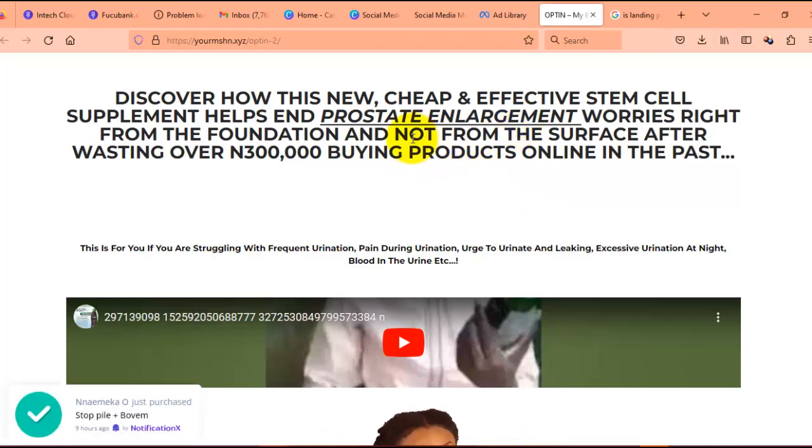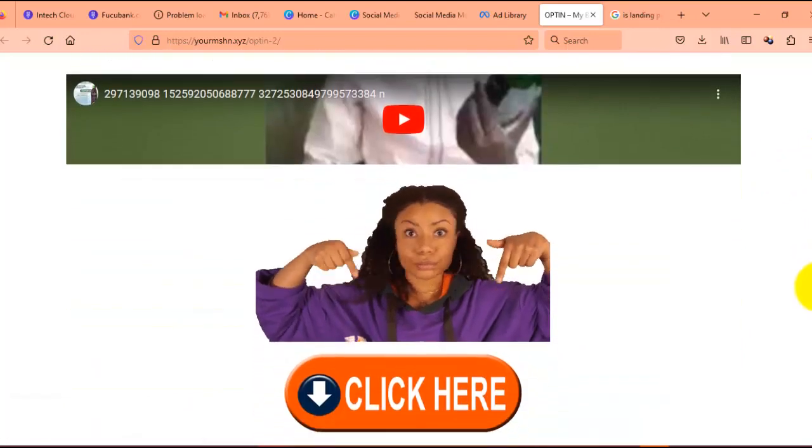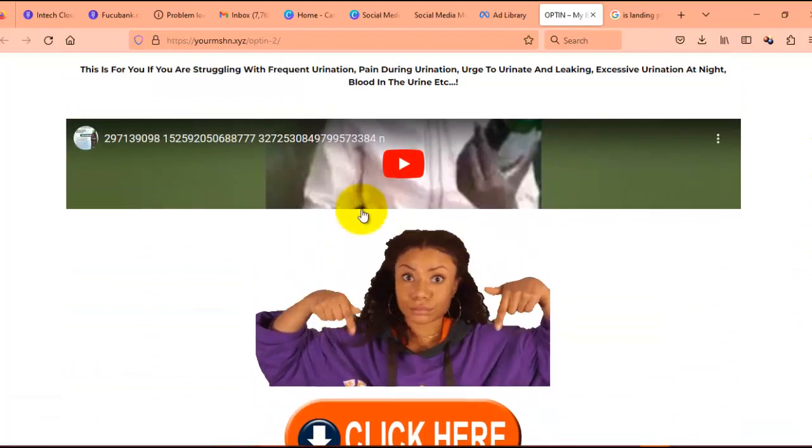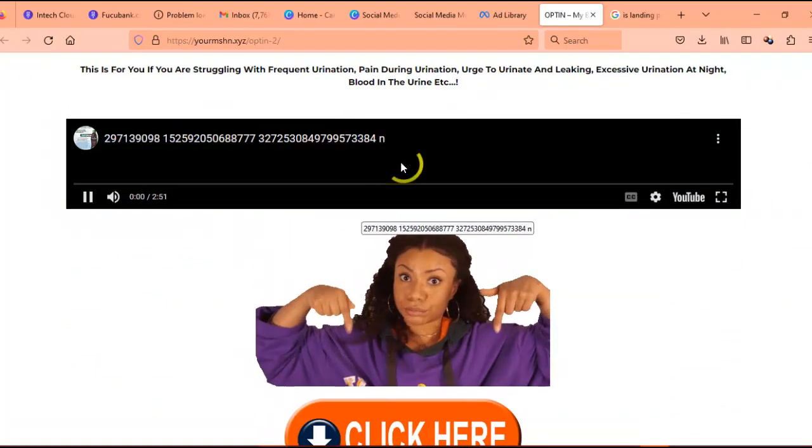So you see, this landing page just talks about the product. It is very brief. Then let's see what they say. This is for you if you are struggling with frequent urination, pain during urination, urge to urinate and leaking, excessive urination at night, blood in the urine. This is an extremely simple landing page. And there's also a video here that you can play where it's going to maybe talk more